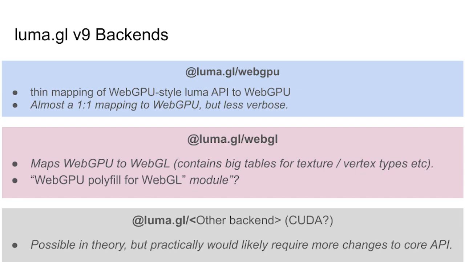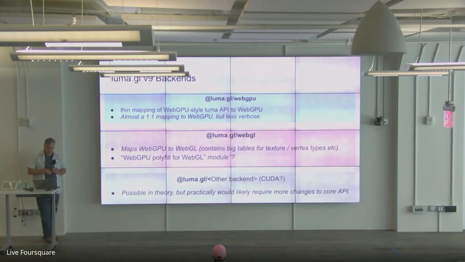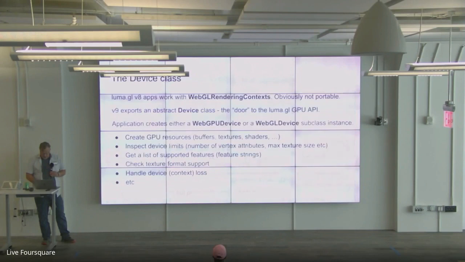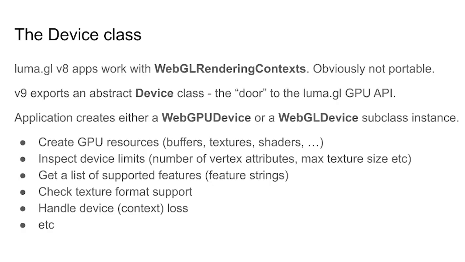It needs to be used with a backend, and today there are 2 backends. It is, in principle, possible to imagine another backend, but likely that would require additional work on the core API. The way an application interacts with the core library is you need to get hold of a device, an instance